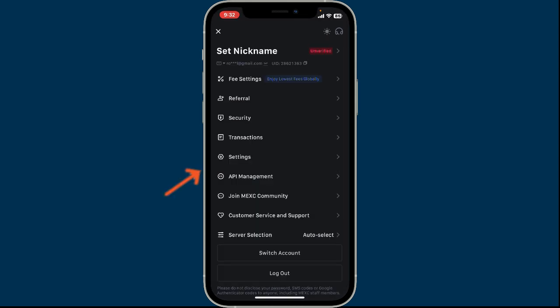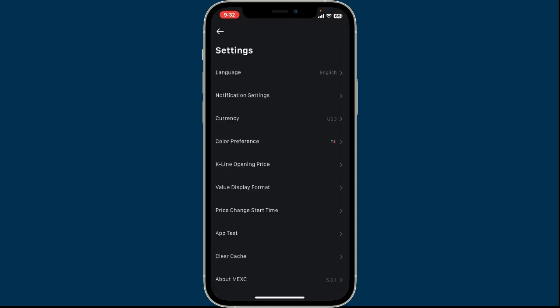Now, click on Settings. Under Settings, tap on Language. From the list of languages displayed on the screen, choose your preferred one that you want to change to for your account. After you do that, you will then be able to change your language instantly. The app should automatically update to your selected language, and you can now use the MEXC app in your preferred